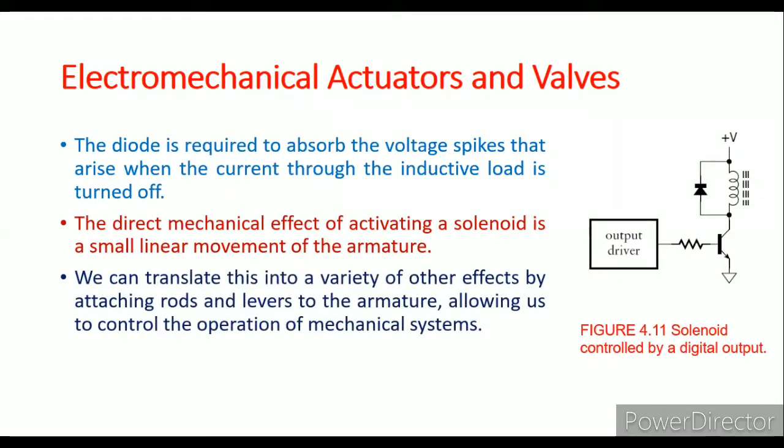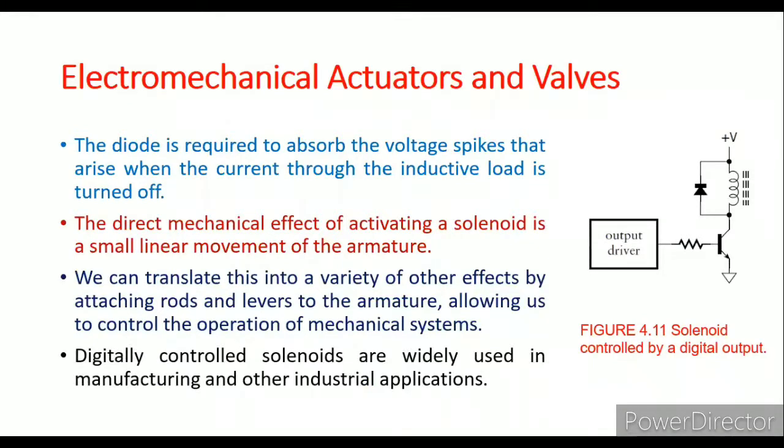We can translate this into a variety of other effects by attaching rods and levers to the armature, allowing us to control the operation of a mechanical system. So if we connect the armature to any rods or valves, they can be controlled with the help of this mechanical system. Like this, we have many different methods to control that.